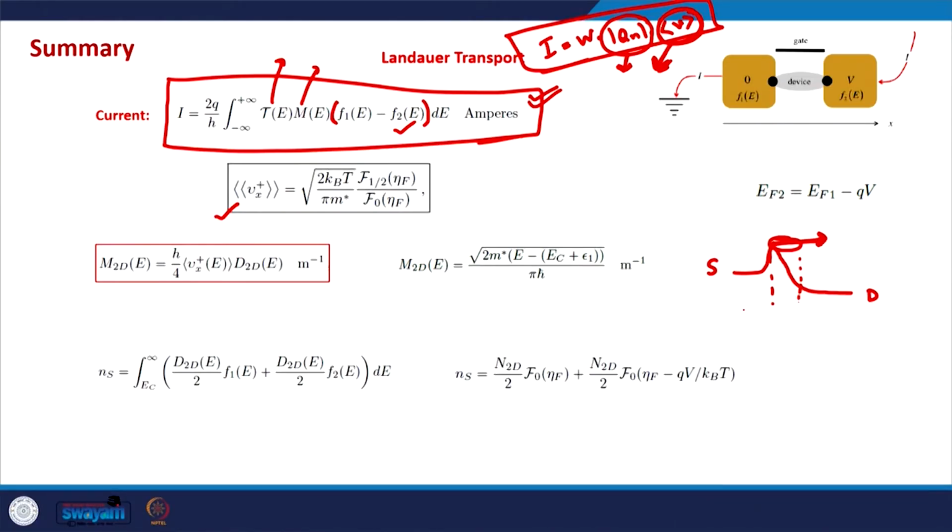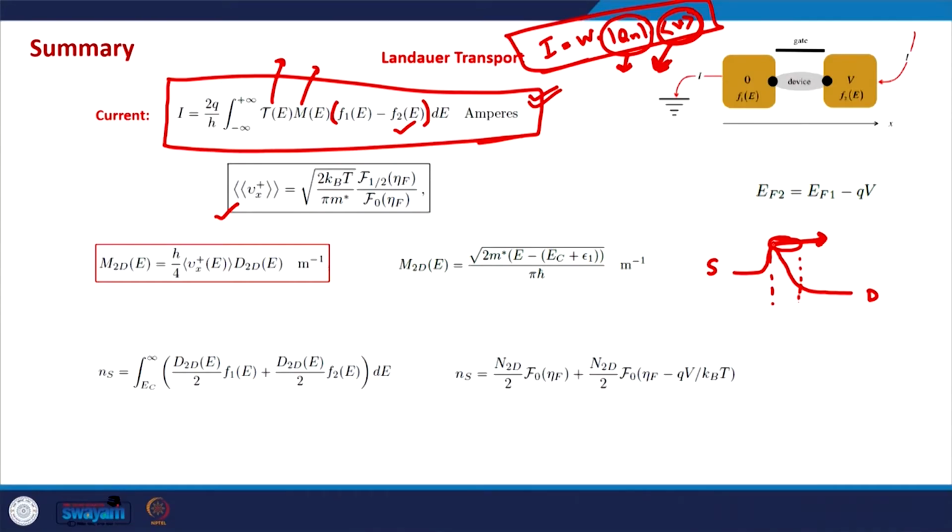Actually, in a ballistic MOSFET the notion of the density of states will also change while doing a rigorous calculation of the IV characteristics. We need to consider the local density of states of the MOSFET at the top of the barrier. Okay, so now coming back to the Landauer transport model, apart from the average velocity